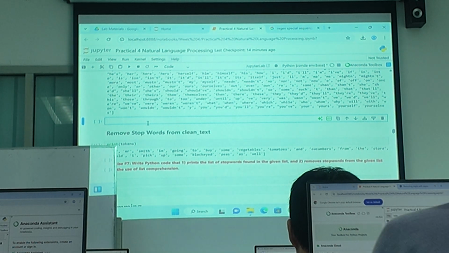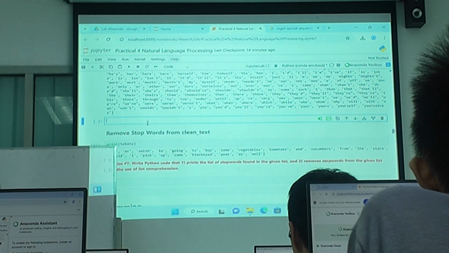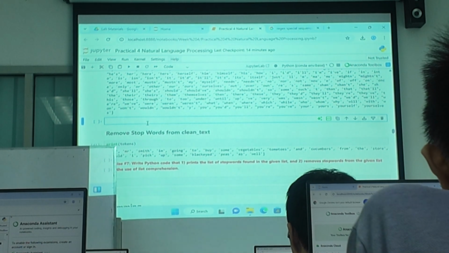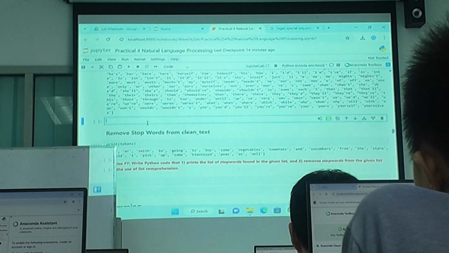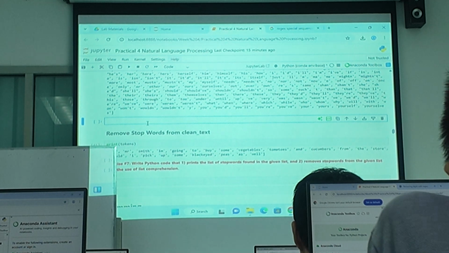But now look at the way we convert text into vectors. It is different. It takes context into consideration. So stop words should be important. Okay? For example,